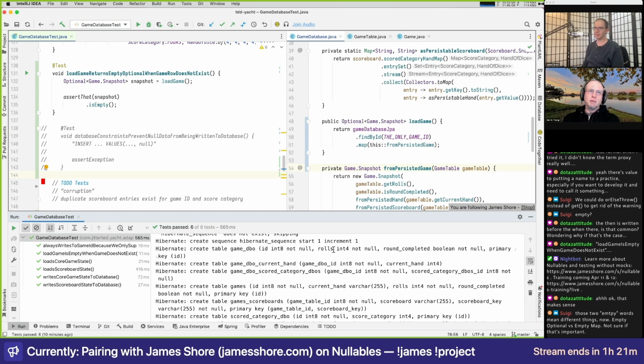Yeah, what's sort of non-realistic is we're relying on Hibernate to generate the schema, and generally you wouldn't do that. You'd actually write the schema and put the not nulls in, and so then the question is would you write a test to make sure that schema definition included the not null?